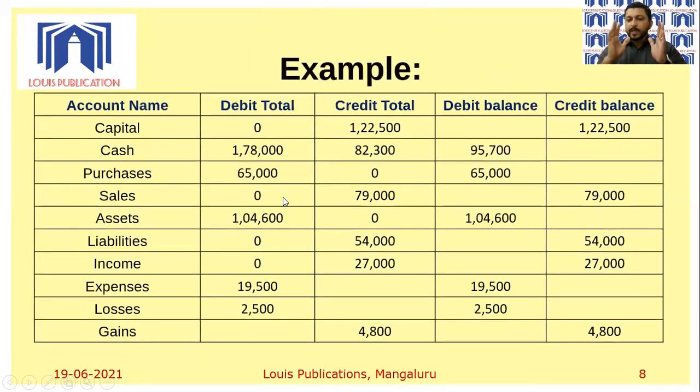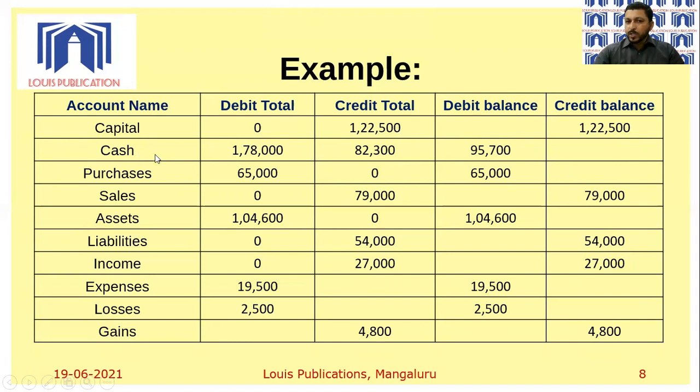Now I am taking a list of assets, liabilities, equity, and some assets I have named there. Say I have prepared a capital account, a ledger account. There is no entry on the debit side of the capital account, so the debit amount total is zero. I'm not talking about balance; the total of the debit side is zero. Capital account always shows a credit balance, and the credit total is 1,22,500. So in capital account, there is no debit balance. We have a credit balance of 1,22,500.